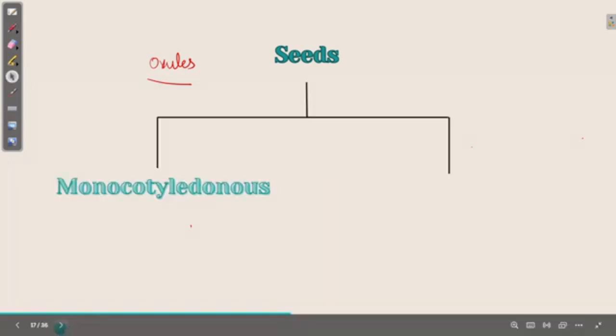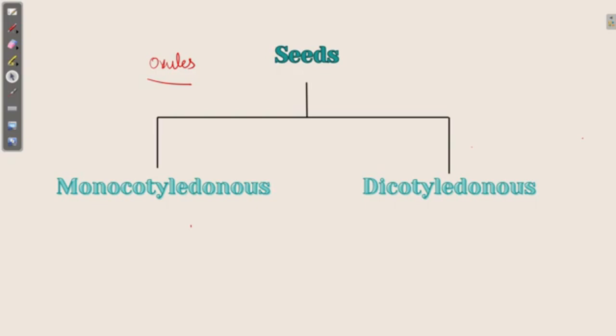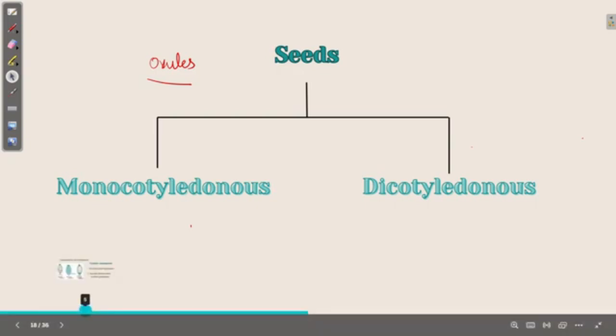So in angiosperms, that is in the flowering plants, after fertilization, the zygote develops into embryo, and this embryo is enclosed inside the ovule. The ovule develops into seeds. Seeds are formed from the ovules. According to the presence or the number of cotyledons, the seeds are classified as monocotyledonous seeds with only one cotyledon, and the other one is dicotyledonous seeds. That is, the embryo with single cotyledon forms the monocot seeds, and the embryo with two cotyledons forms the dicotyledonous